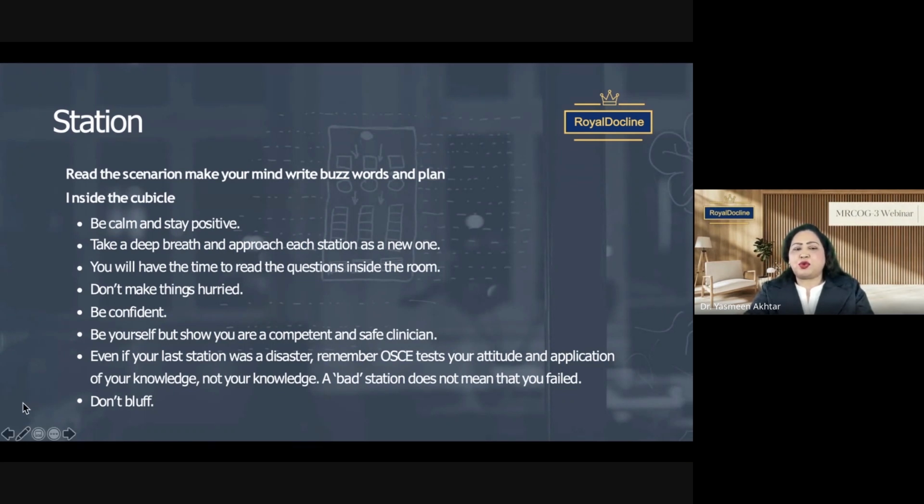If you don't know anything, don't bluff. Don't say the wrong things and don't bluff. Here is the part where they can fail you straightforward, right? For example, if you come across a station where you don't know anything, at least introduce yourself, ask the patient, okay, and try to take the history. At least get borderline in that area rather than failing and rather than keeping quiet. Many a times we see people who come inside and they are quiet. Don't do like this. Try to say something. They are not going to kill you. You will come home back, right? I'm sorry to use these words, but this is the real scenario which happens.